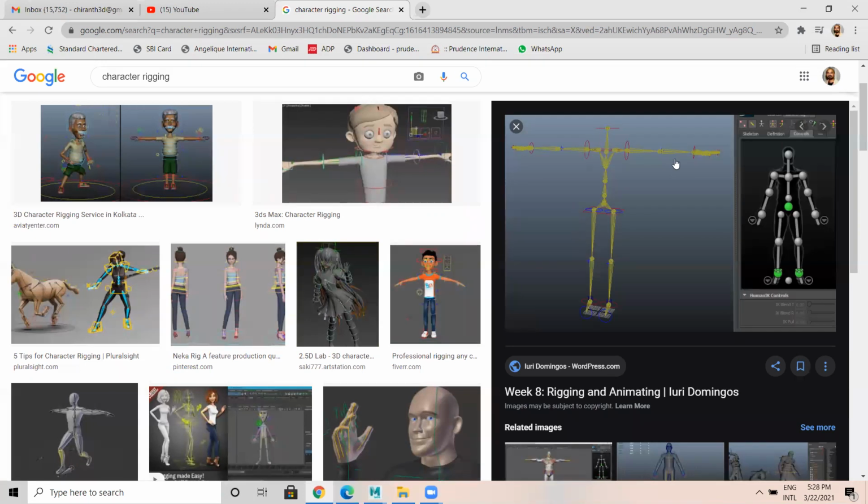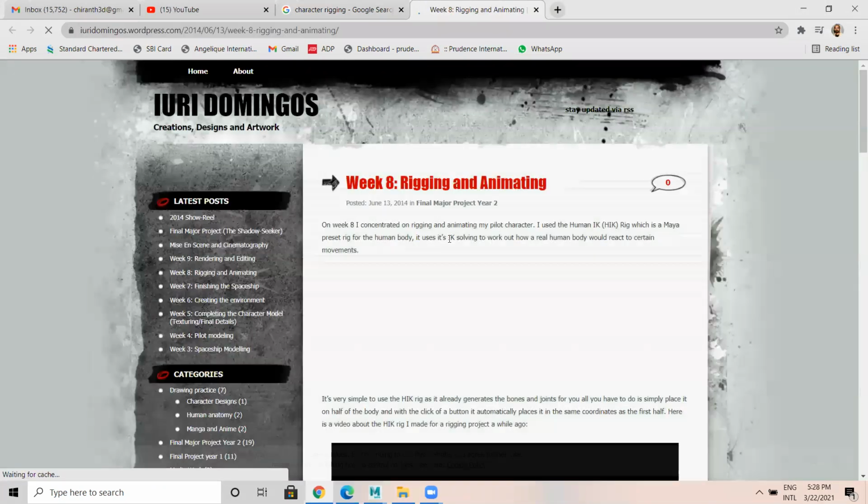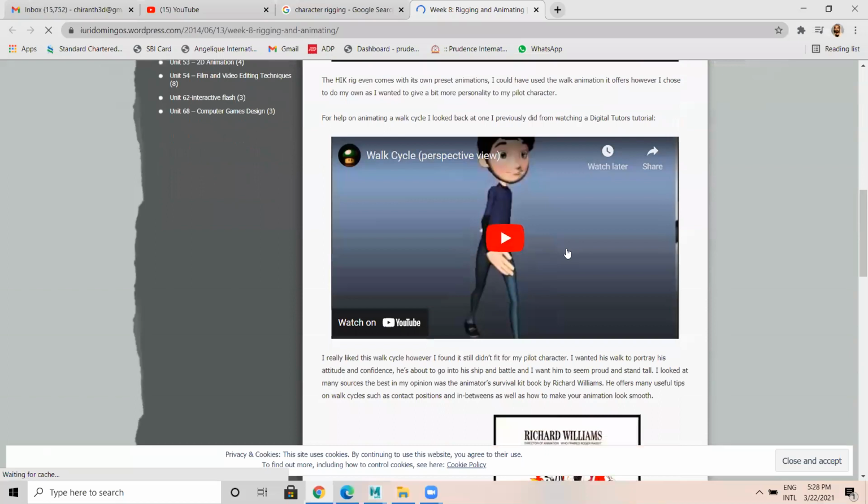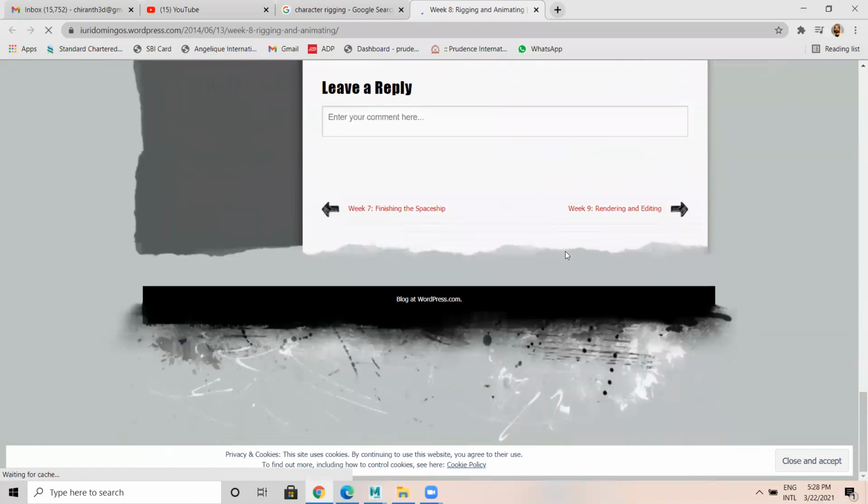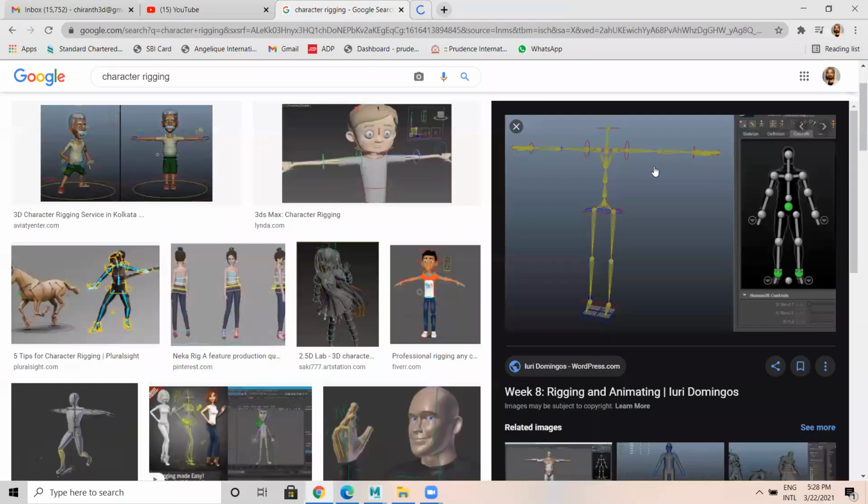There's another example I'm going to tell you. This particular circle is the wrist, this is the elbow, and this is the shoulder. Where's that image? Okay, wrist, elbow, shoulder.